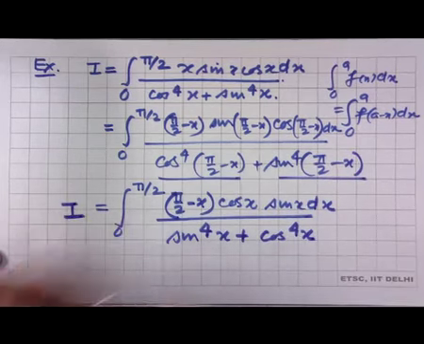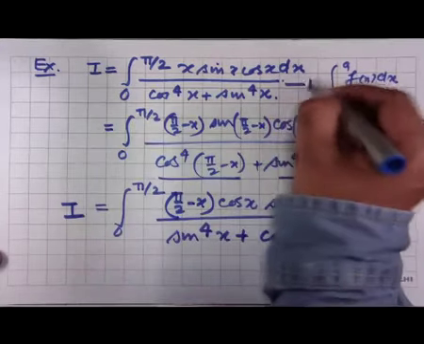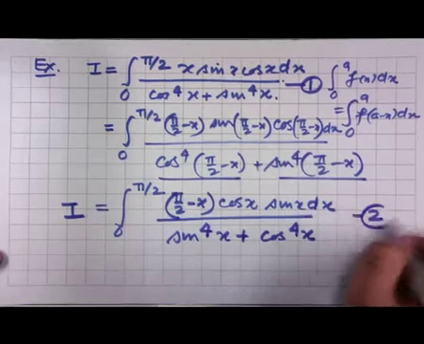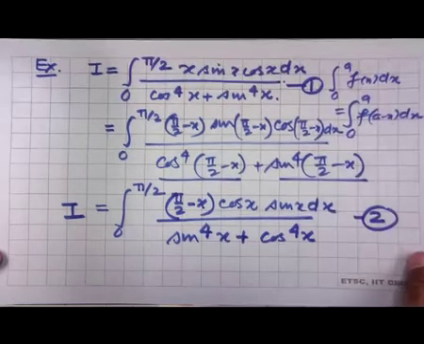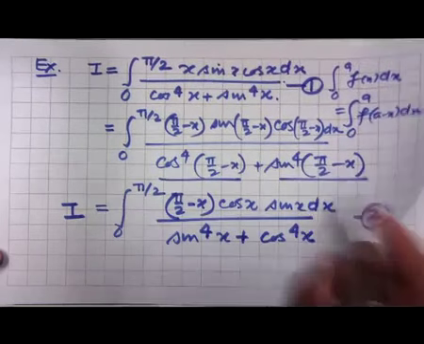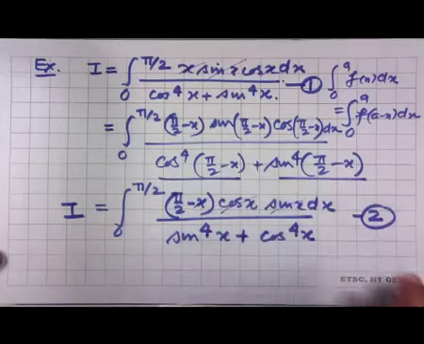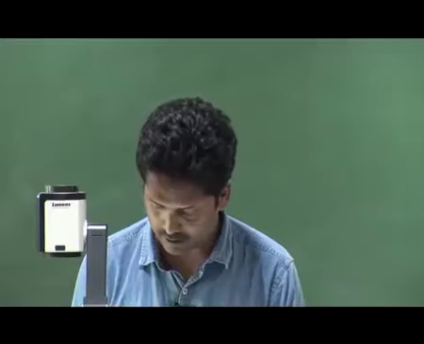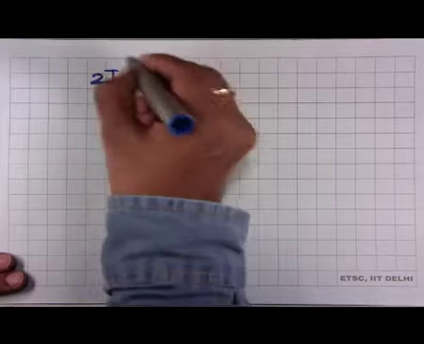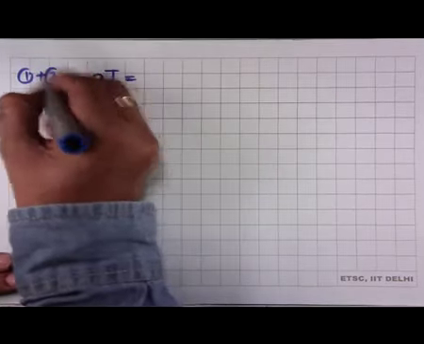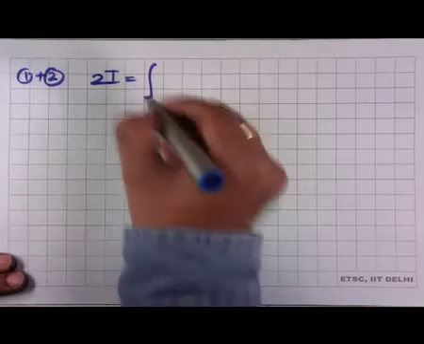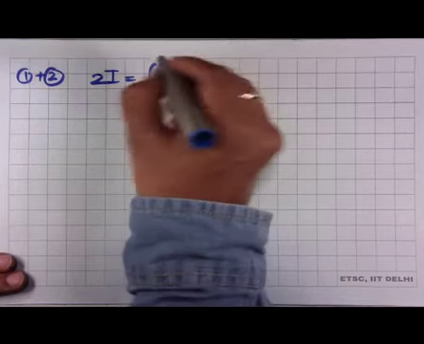So this is your I. If this is 1 and this is 2, if you add 1 and 2, this term will get cancelled with this term. So you get 2I equals integral 0 to pi by 2